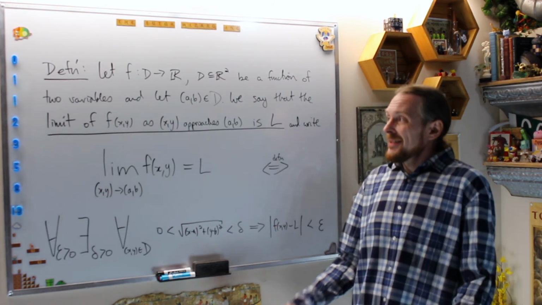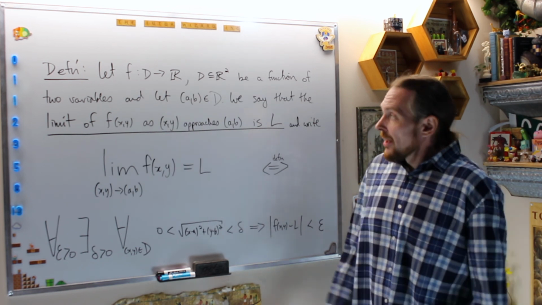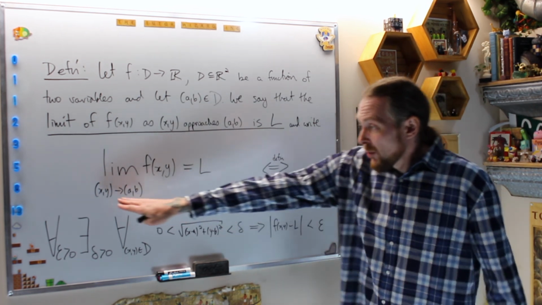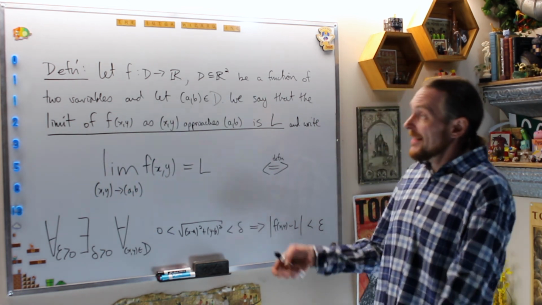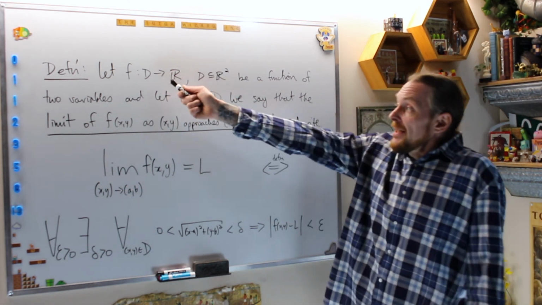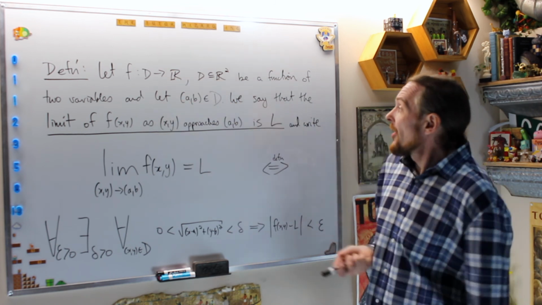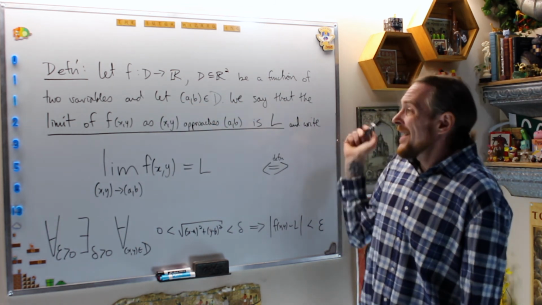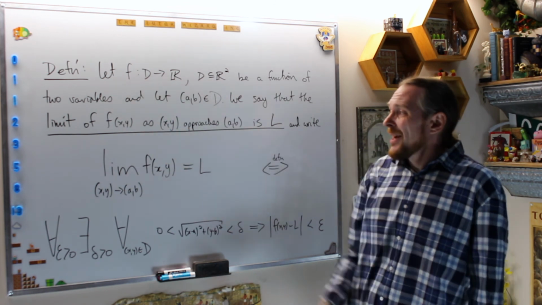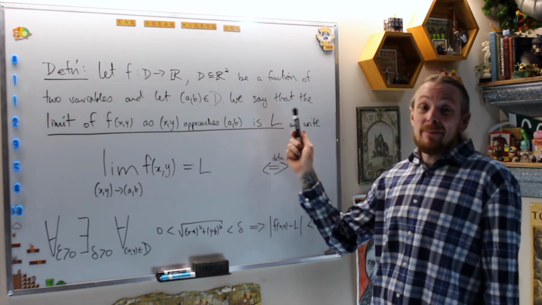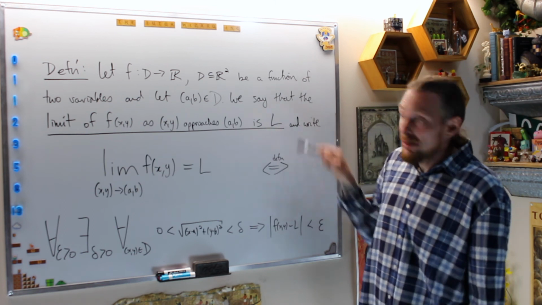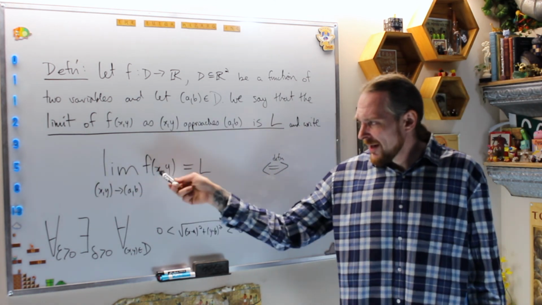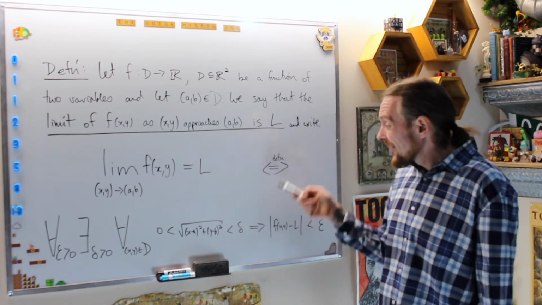All right, for the specific rigorous definition of what the limit of a function of two variables is as (x, y) approaches (a, b), we say: let f be a function from D to R, and let (a, b) be a point in D. We say that the limit of f of (x, y) as (x, y) approaches (a, b) is L, and we write the same limit as we did before, except we have two variables now, equals L,